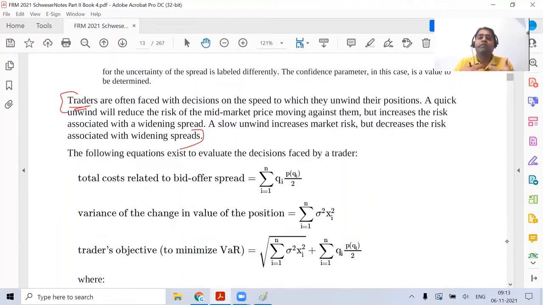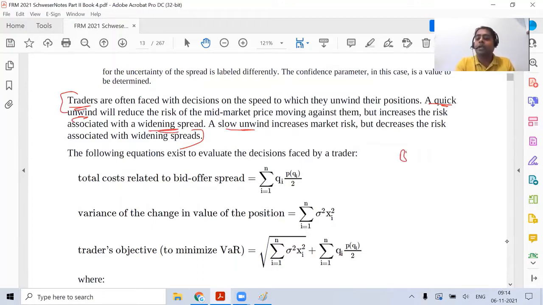Now, if you have a huge asset available and you want to unwind, there can be two scenarios. You can try to unwind fast, or you can try to unwind slow. When you try to unwind fast, it is going to impact the price, because when you start selling, the prices will go down, because your position is very big. That hits you with a risk that you might be able to sell everything but at a loss. In very simple language, you might be able to sell but at a widening spread. What does it mean?